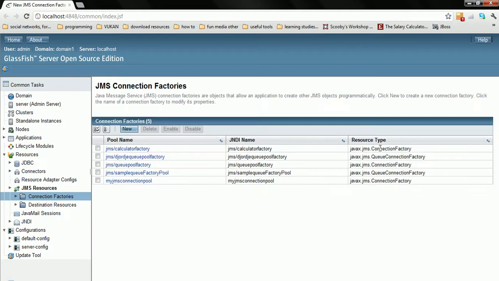Click on OK, and now everything regarding